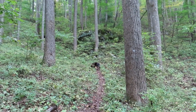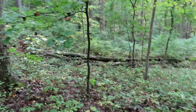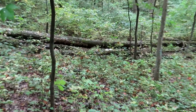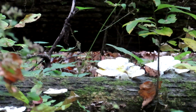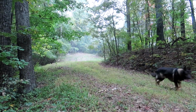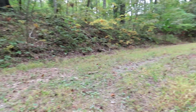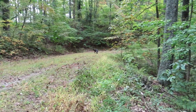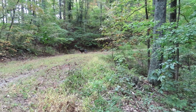I mean, you know, hills hold the water better than flatlands do, but there are some mushrooms on the tree down there that we don't want to hike down to. But there's a lot of neat mushrooms around. Guess we're still in the fog up here. That bites my butt though, when I get to this portion of the trail. I see there's a road here. Granted, it's probably not a usable road, but